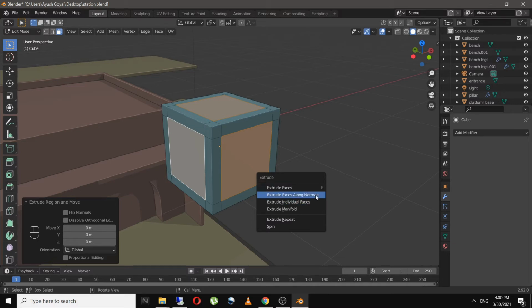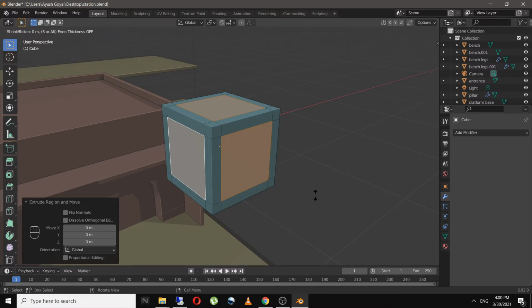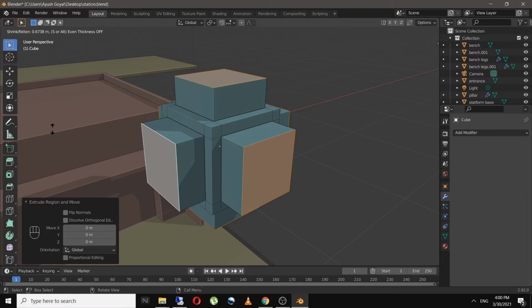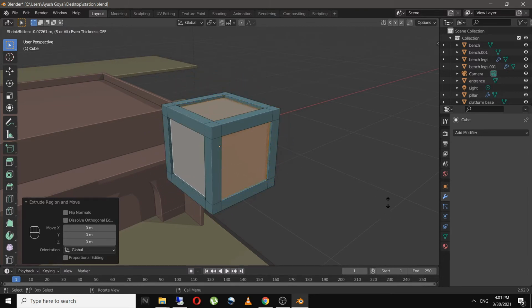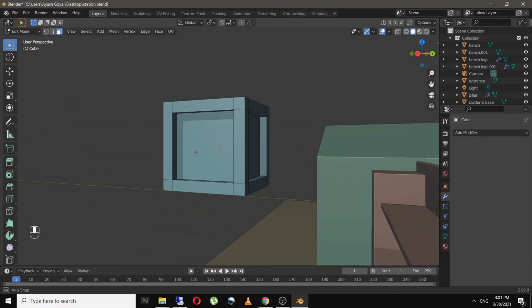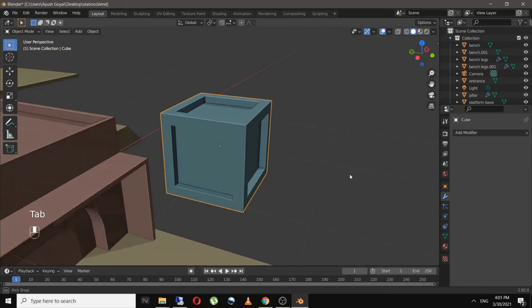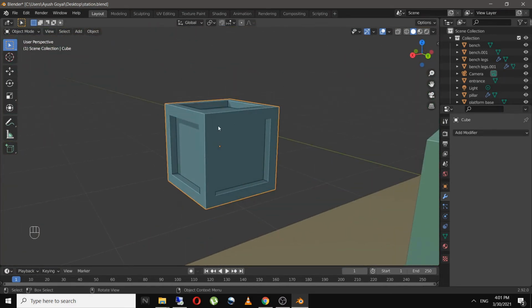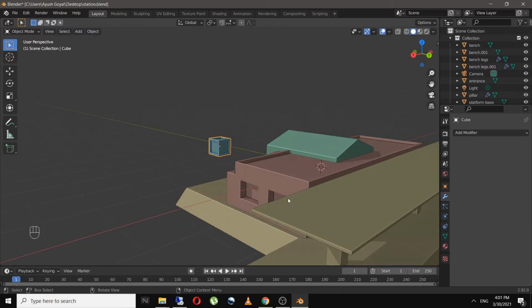So press Alt T and select extrude faces along normals, and when you drag your mouse, as you can see all these faces are extruding along normals individually. So I will drag my mouse just over here, and as you can see we have a good looking cargo box over here. So I'll scale it down and place it on my platform.